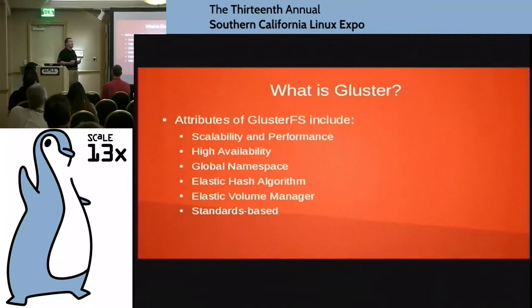So the neat thing about the way that Gluster does it is every one of the machines actually understands, based on a whole range of values, but the cluster name, the host name, the directory tree, timestamps, there's all kinds of things that go into this algorithm that makes up the map of where files are located. So the cool thing is, if I've got a client node that's running the Gluster client software, and I want to go look a file up, I don't have to go out and ask a metadata manager.